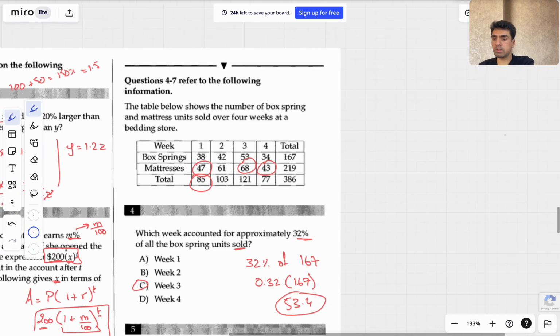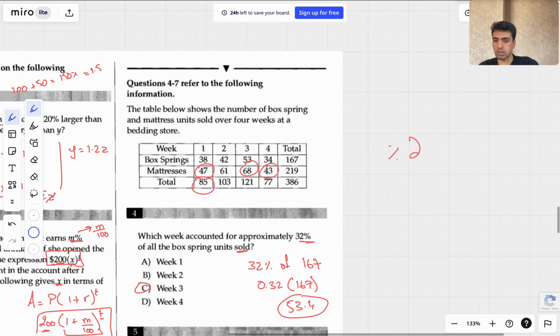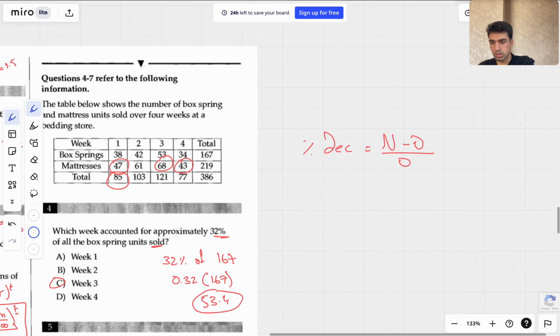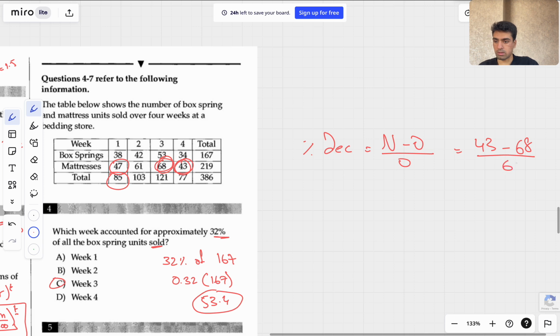We need to find the percent decrease. To find the percent decrease, the formula is new minus old divided by old. So the new value is 43. The old value is 68. So it's going to give you 43 minus 68 over 68, which is